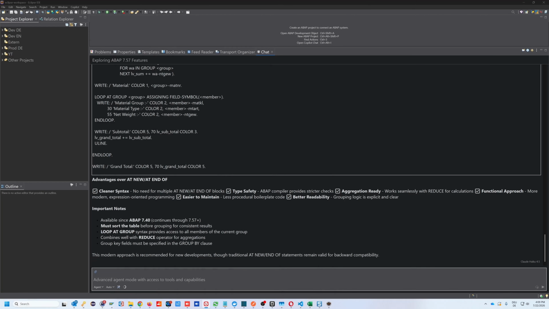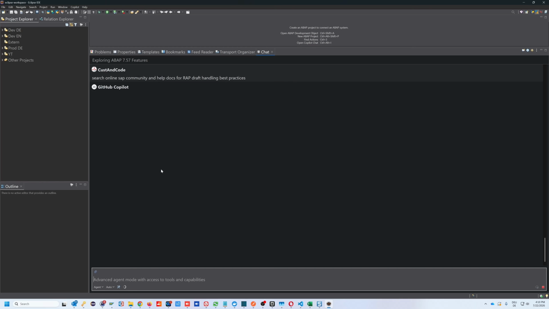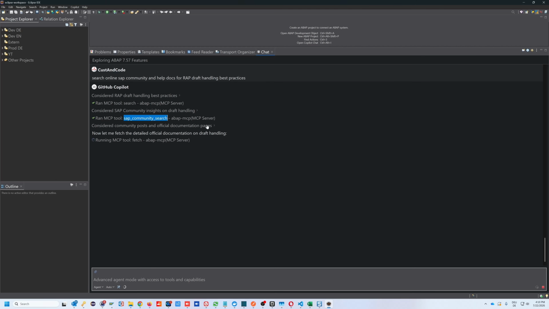And now we check this with the question: search online SAP Community and help docs for RAP draft handling best practices. Again, the MCP action is search with the query RAP draft handling. And now it searches the SAP Community.